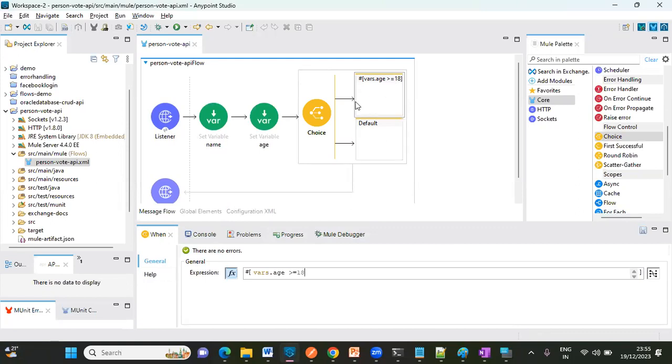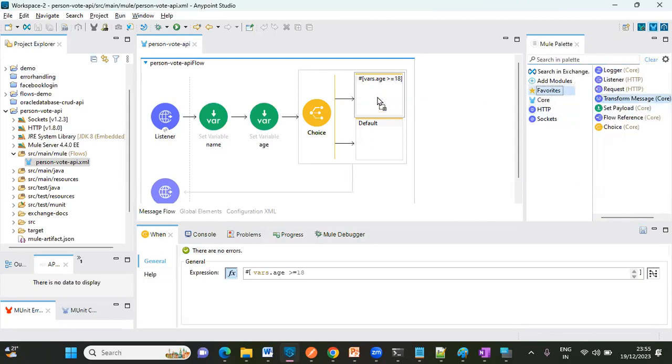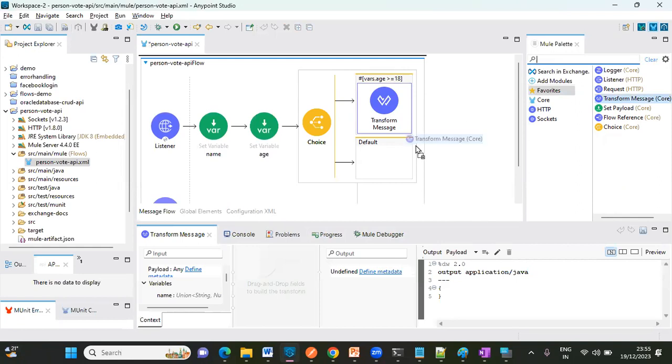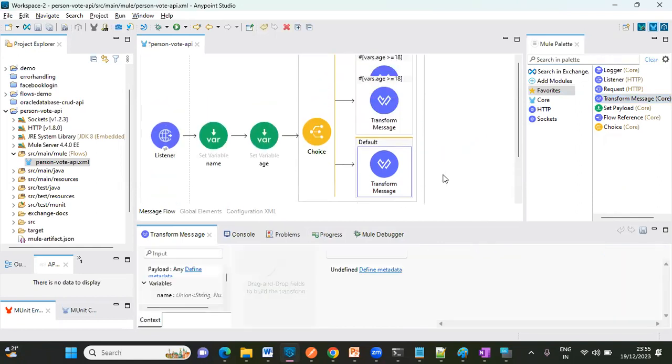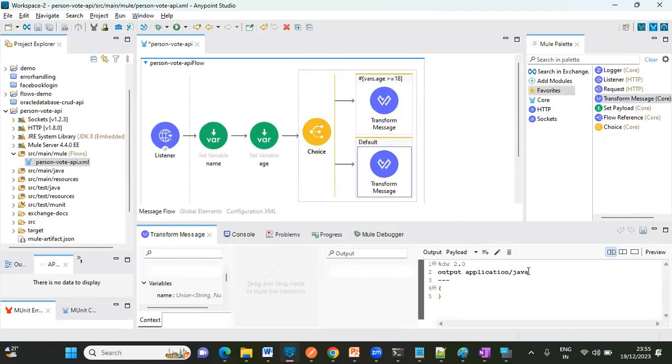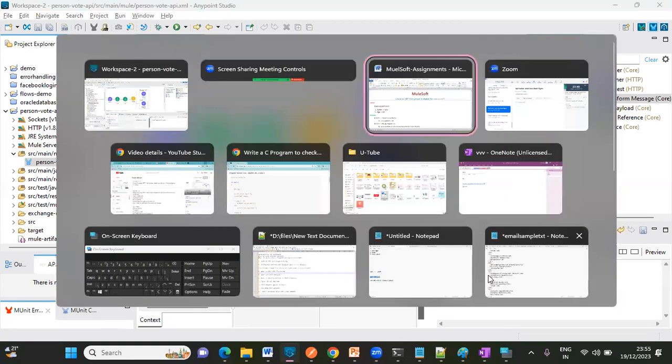So if not 18, it will go to the always default condition. So here, just take the transform message. One more transform message, I'm going to keep it here. So what is the response? It is required. Okay. So we required,